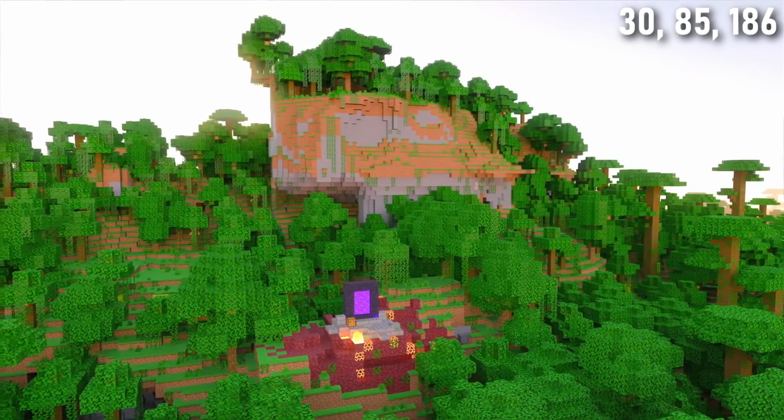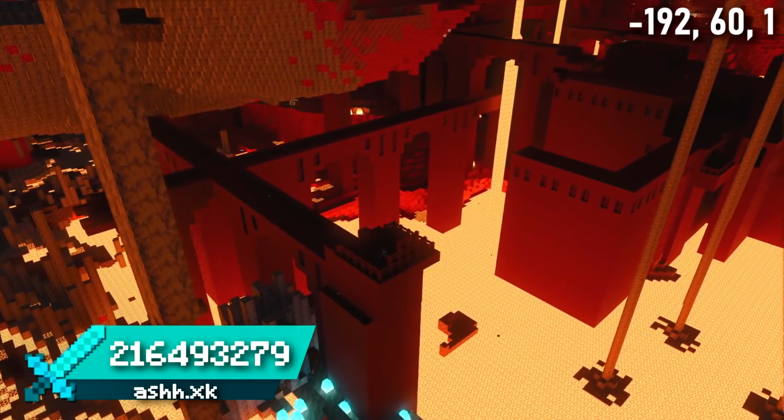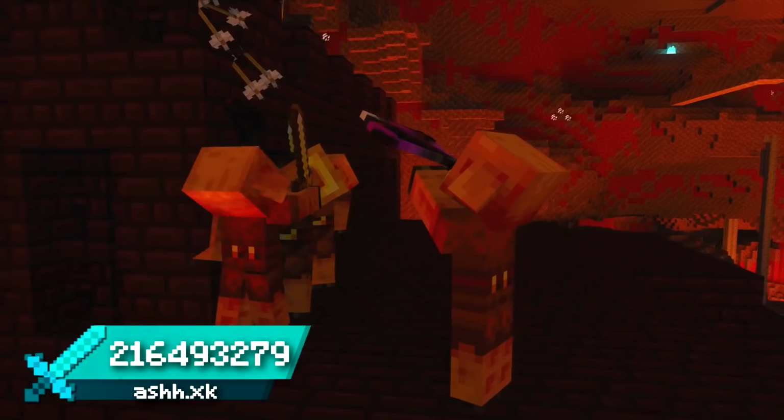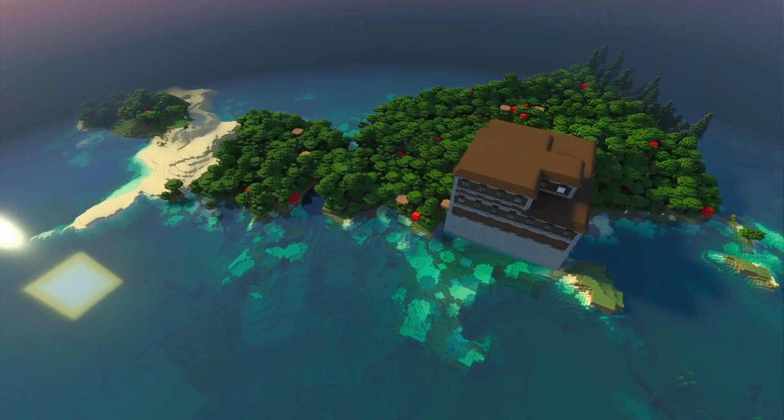Seed 14 spawns you in a jungle close to a ruined portal. Enter the nether and you won't be too far away from a nether fortress combined with a piglin bastion. This nether spawn is amazing and has plenty of loot, but my favourite thing about this seed is the mansion